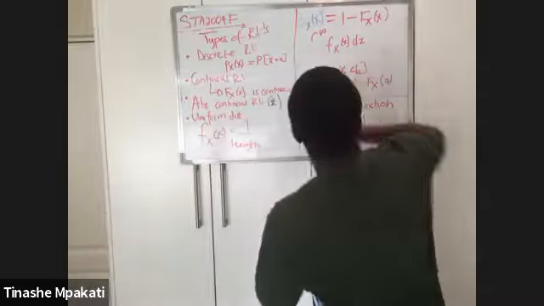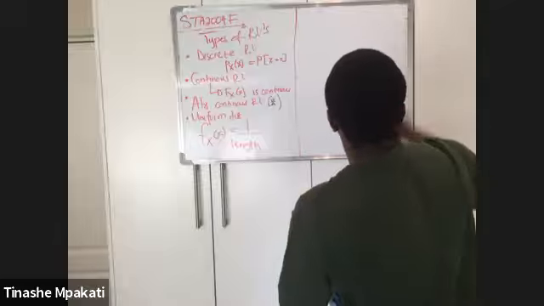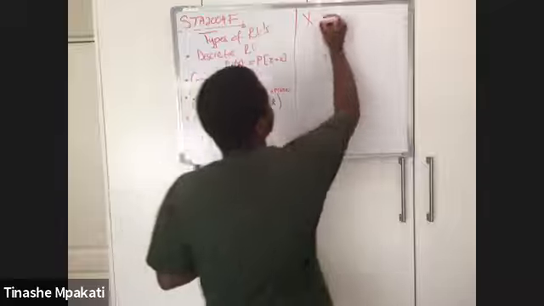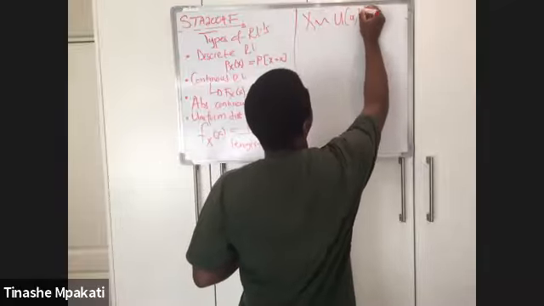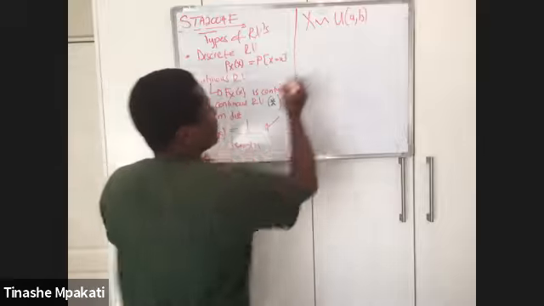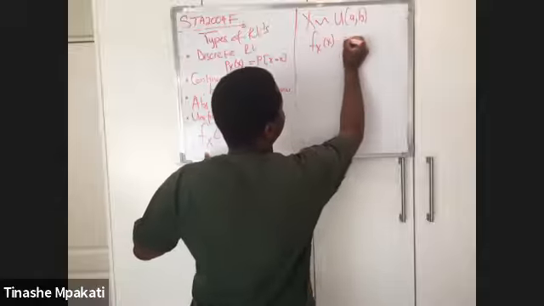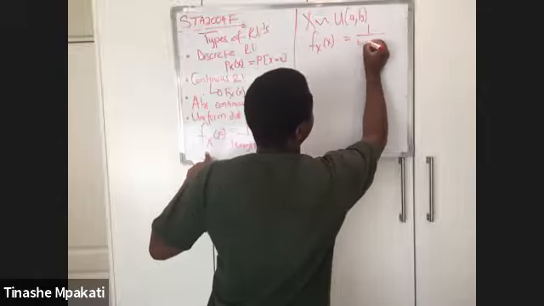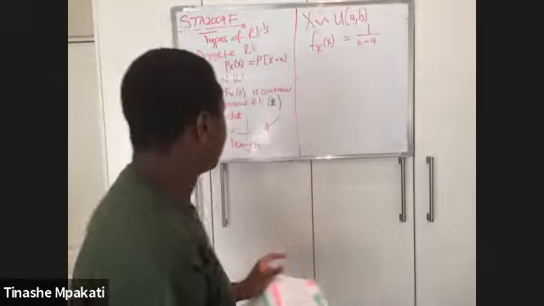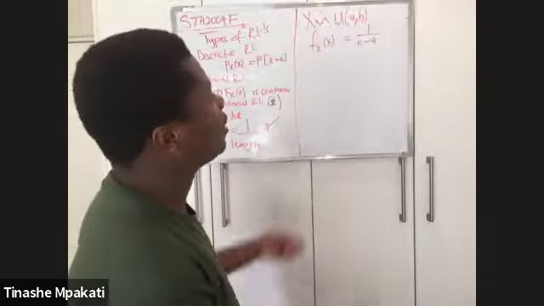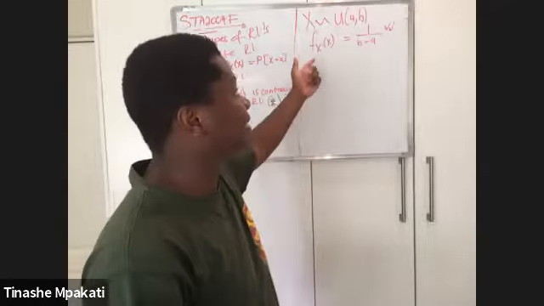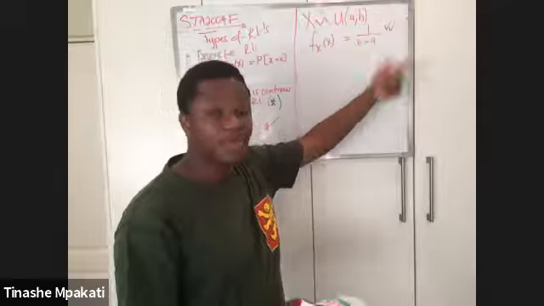So what I mean by that is, suppose we have a random variable X, and we're told that this is uniform between A and B. What this statement is saying is that the PDF of this random variable will simply be equal to 1 over B minus A, because it is 1 over the length of the interval on which this random variable is uniform. So this is something that is really important. We'll also look at a bivariate case on what happens to this denominator when you're dealing with two random variables.